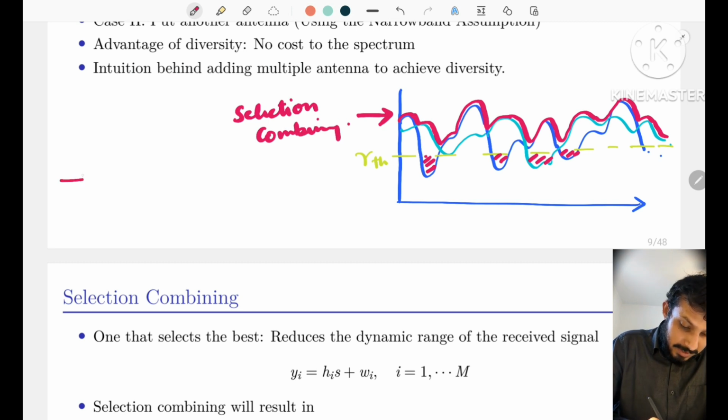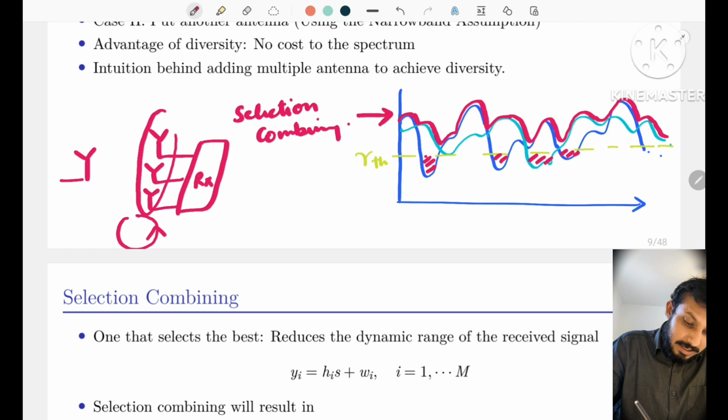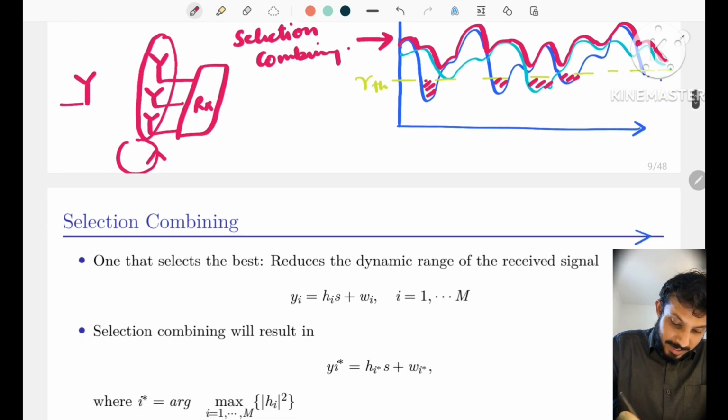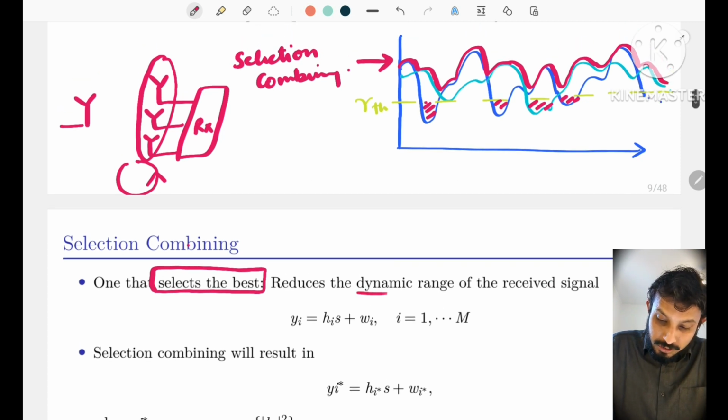Or we can also say that if we have a transmitter and we have multiple antennas at the receiver, it is as if we have a switch present at the receiver which selects the best from all the branches that we have at the receiver. So the selection combining selects the best out of all the branches, and it reduces the dynamic range of the